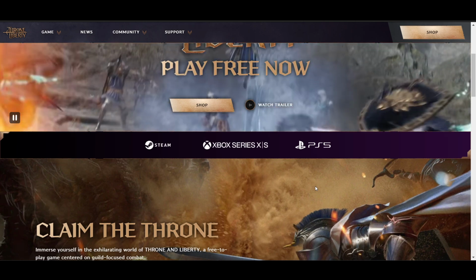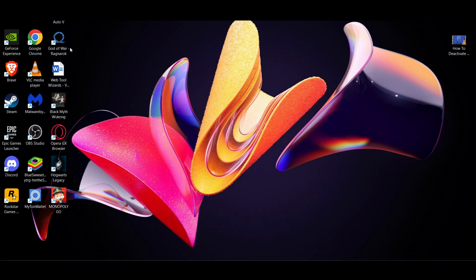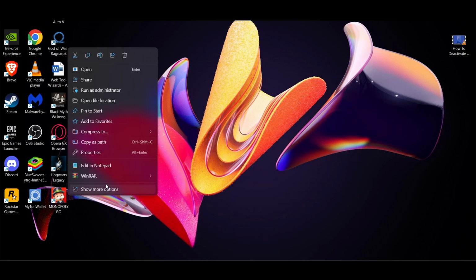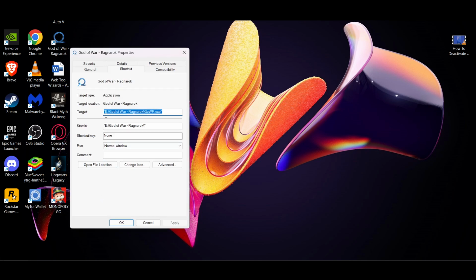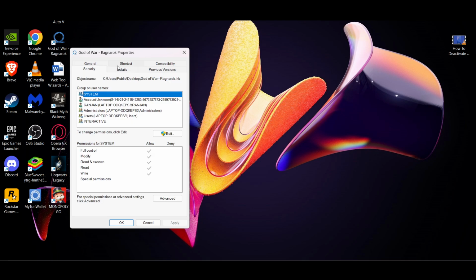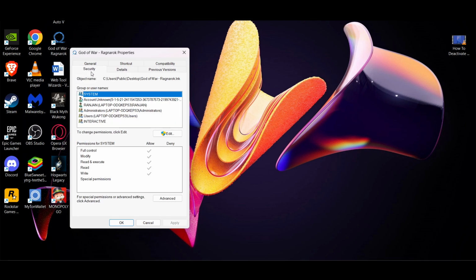Now adjust compatibility settings. Right, so this is also very important. For example, right click on the game icon, click on show more properties, and now here click on properties. Right, now here you have to go to this option. Let me show you. Go to the